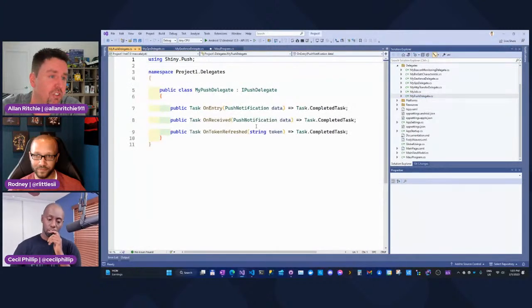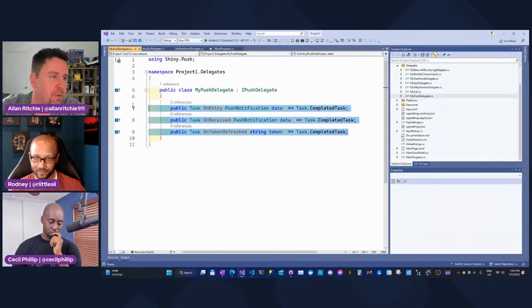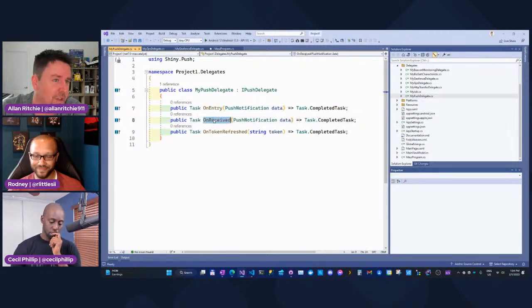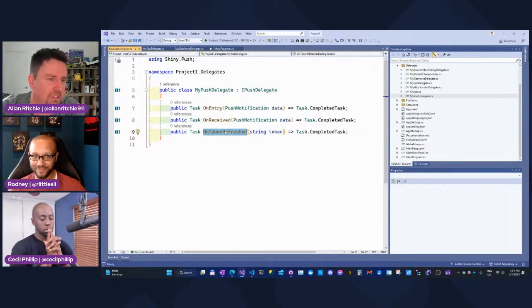I did want to mention these push delegates. This was one where people go, why push notifications in Shiny? Because it's another very big operation that happens in the background, and there's a lot of stuff that goes into it. There's when I received a push notification. There's when I clicked on the push notification. And there's even when the notification token changes. That's more of a Firebase thing. Firebase tends to change it, like an authentication token, on you. So these are things that you just need to be aware of. When they happen, that's the whimsical way of mobile when it's going to run.